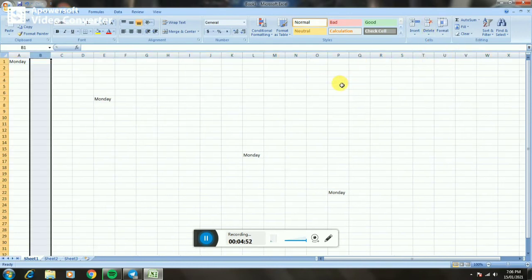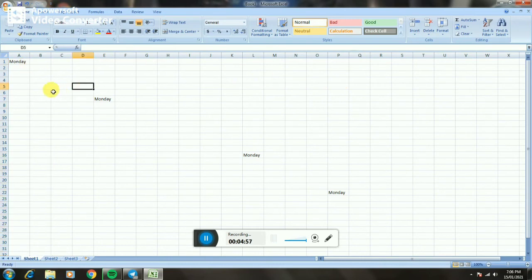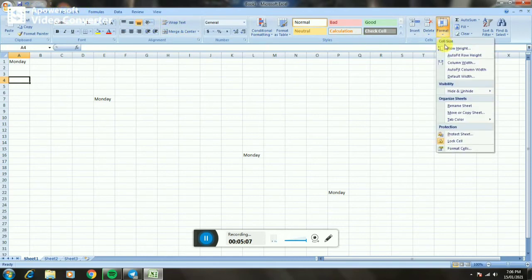Next one, changing row height using the Format menu. Step 1, select the row to increase or decrease its height. Step 2, go to the Home tab, Cells group. Step 3, click on the Format option. A submenu will appear with options under the groups Cell Size, Visibility, and Organize Sheets and Protection.